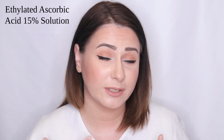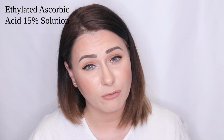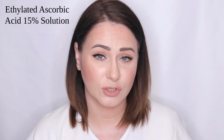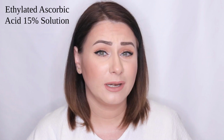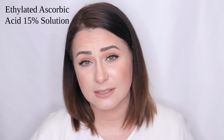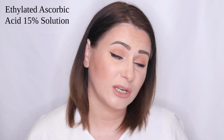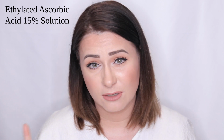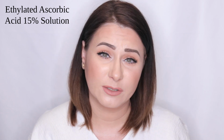This is also the most stable formula of vitamin C they have, meaning that the shelf life of it is gonna be better, and it's also gonna be stronger, and just overall this is, I believe, their best formula of vitamin C so far. My only issue with this product is that it leaves a quite sticky residue, but as soon as I apply any moisturizer on top of that, that sorts out the problem. So I don't actually have to tap off the excess with a tissue or anything like that. I just apply my Clinique Dramatically Different moisturizing gel on top of it, and that basically helps the rest of the vitamin C